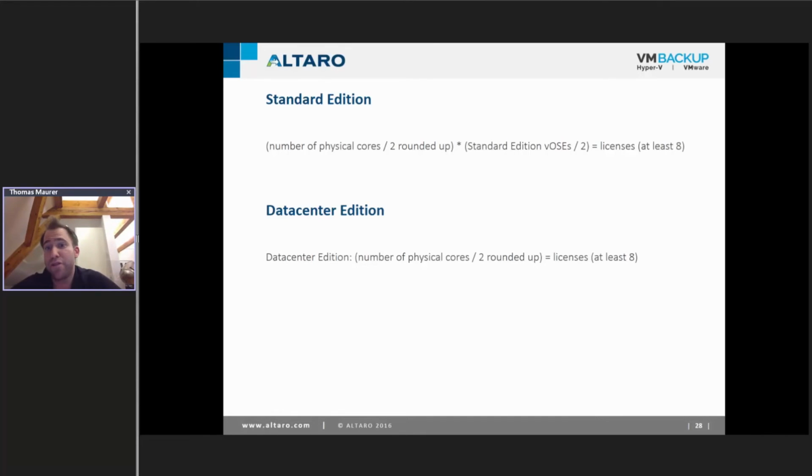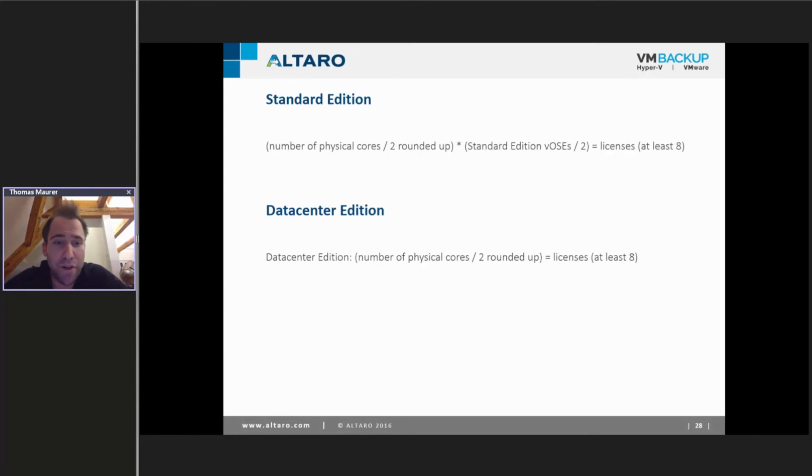But since you have to buy at least 8, that's the minimum here. If the number goes bigger, then you probably will buy a little bit more than 8, but you always have to buy 8 2-core packs, right? That's the absolute minimum per physical host.